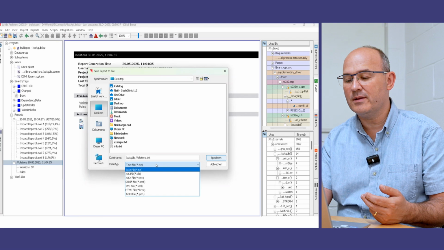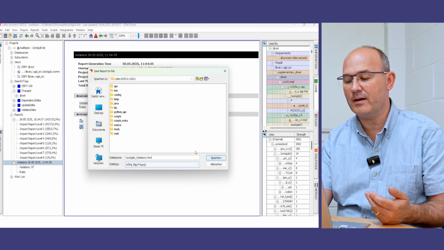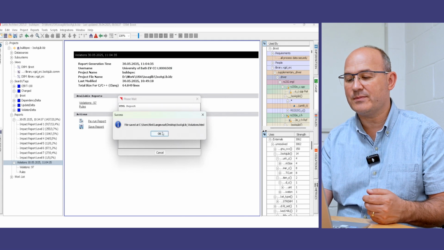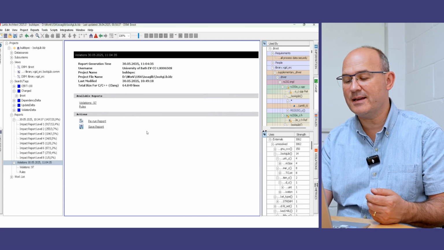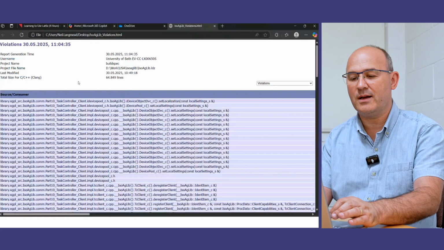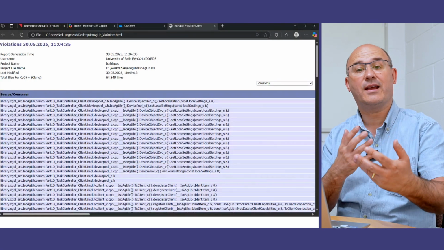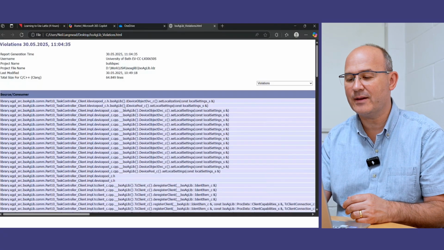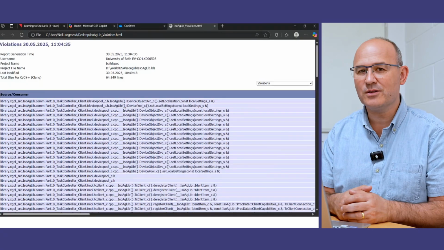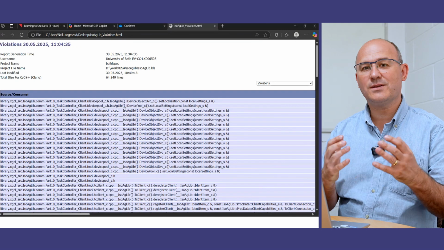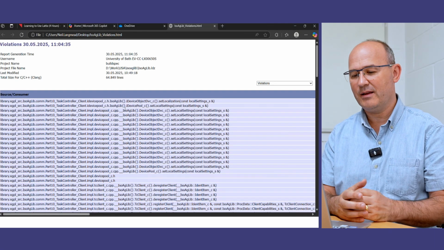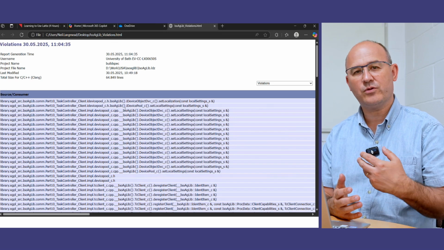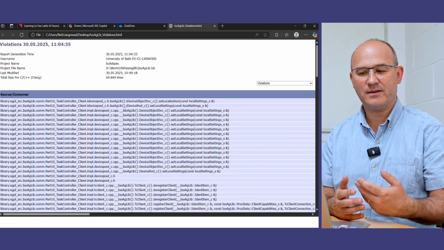I'll save on my desktop. This is now a text file or an HTML file, for example, and I'm just going to save that. And that's my ISO AGLib violations in this case. And I could then go and browse that report here and communicate that, socialize it with my colleagues and teammates. Okay, so this would typically also be put into a DevOps pipeline so that there's continuous compliance, a continuous checking. You can also start to consider that you want to enforce this on a coding level inside developer IDEs